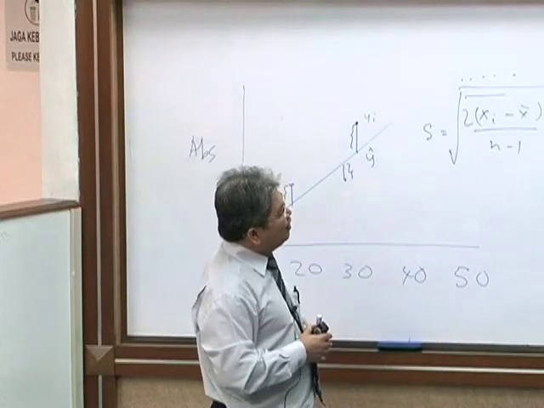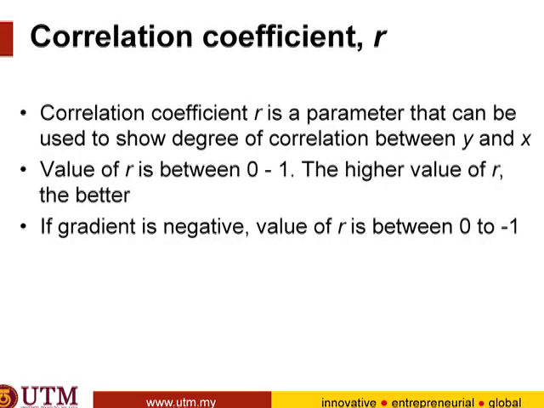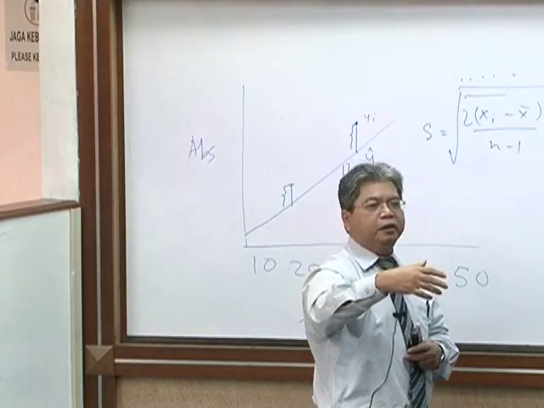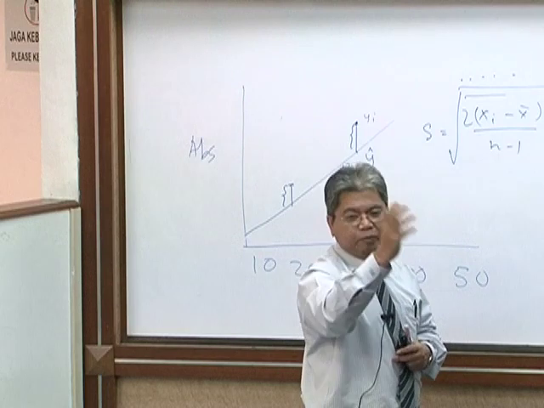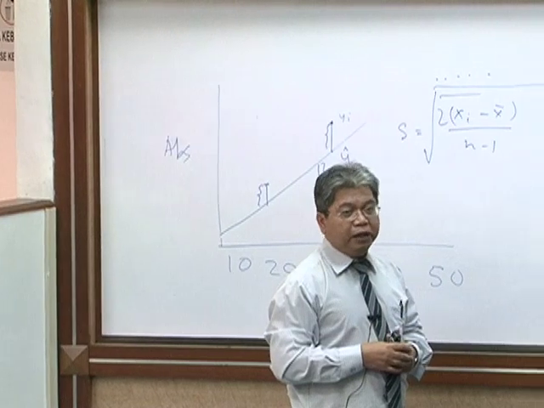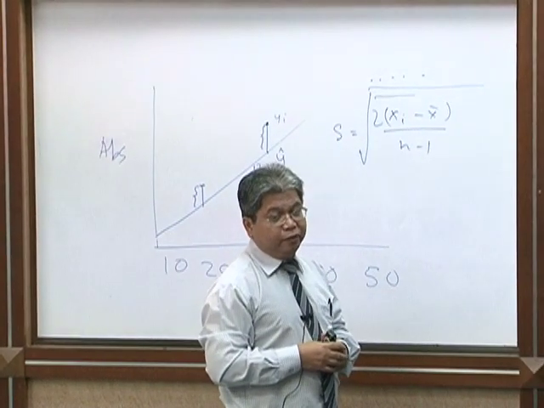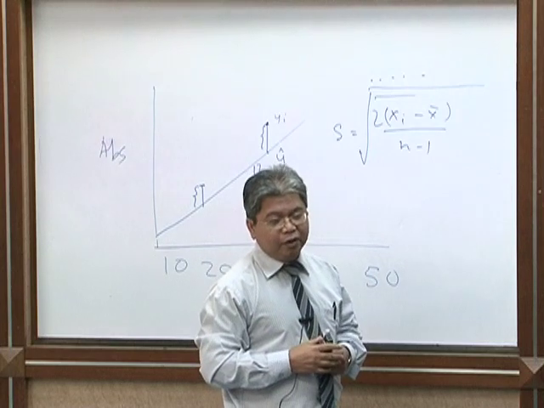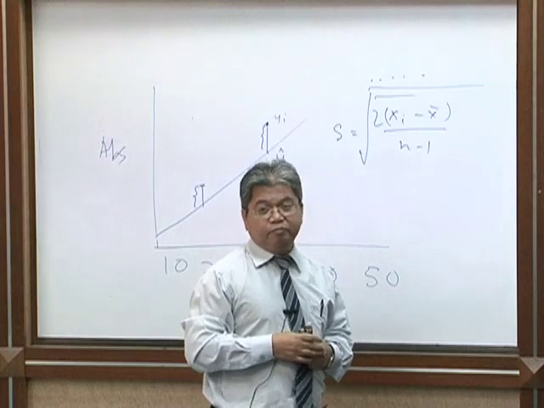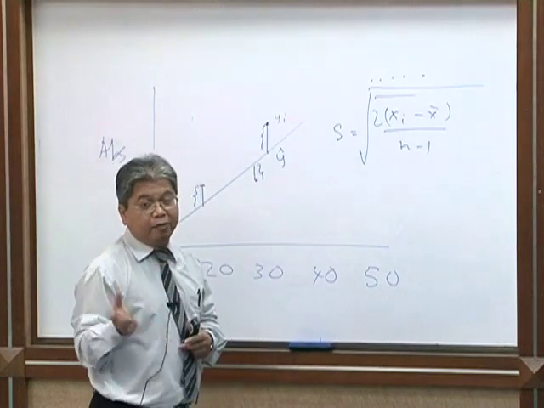Okay, so R is a measure of how good the relationship is between the 2 variables, concentration and absorbance. If we increase the concentration, the absorbance will increase, meaning that there's a high correlation between absorbance and concentration. If R equals 1, meaning there's a perfect correlation, there are no other factors. But usually there are some errors involved, so we can't get a perfect correlation. Probably 0.95, 0.99, for example.